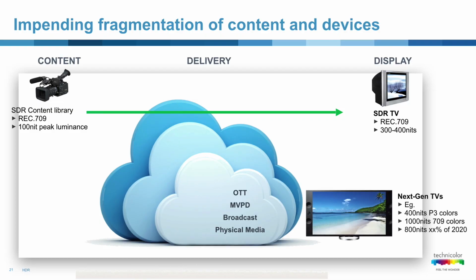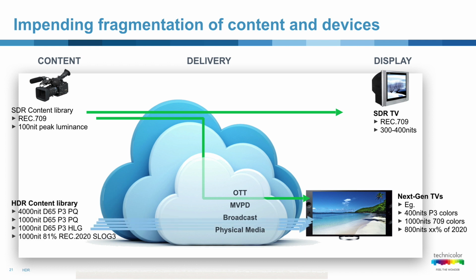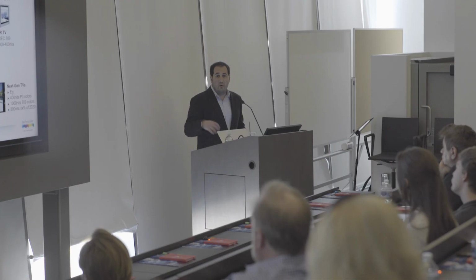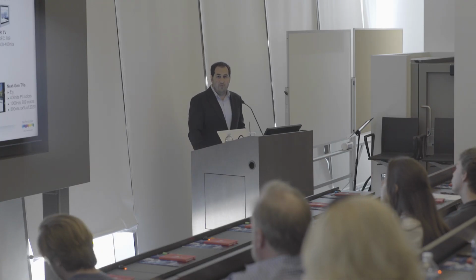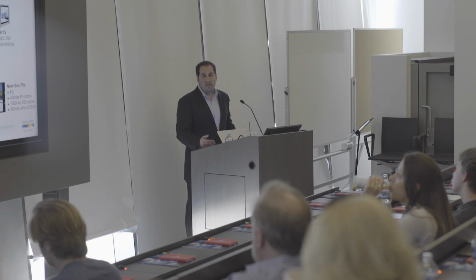So we were fine with that for years, but the challenge comes if I take that 100 nit content and send it to a bunch of other random specification TVs with different color gamuts, with different brightness, with who knows how much percentage of Rec. 2020, we're getting into a place where we're going to have a massive difference between what we create as content and what it represents on the screen. So can we do this? Can we just send an SDR signal to the TV? Sure. But then you're trusting the TV to do whatever it wants with it to make it be that content on that screen. So if you've seen dynamic mode or vivid mode or store mode, you know what will happen if we multiply that times 10, right?